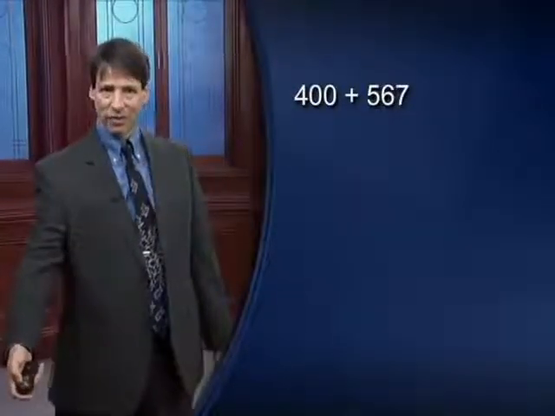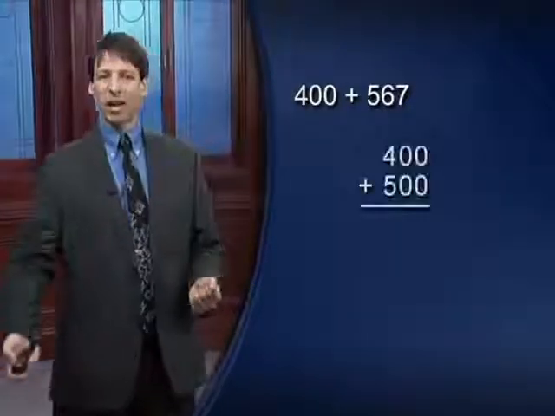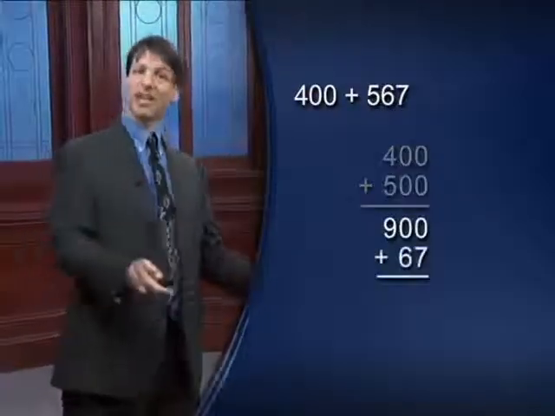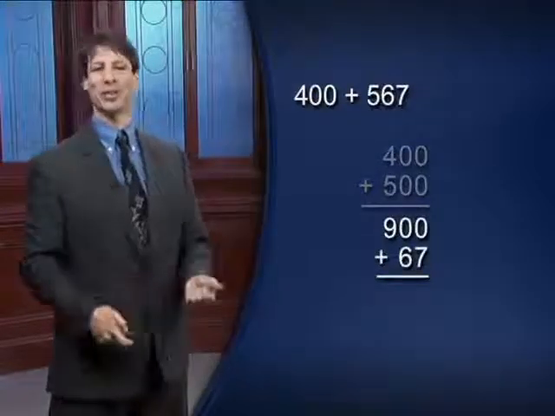The next easiest situation is when one of them is a multiple of 100. You try 400 plus 567. 400 plus 500 is 900, and the 67 comes along for the ride, so the answer is